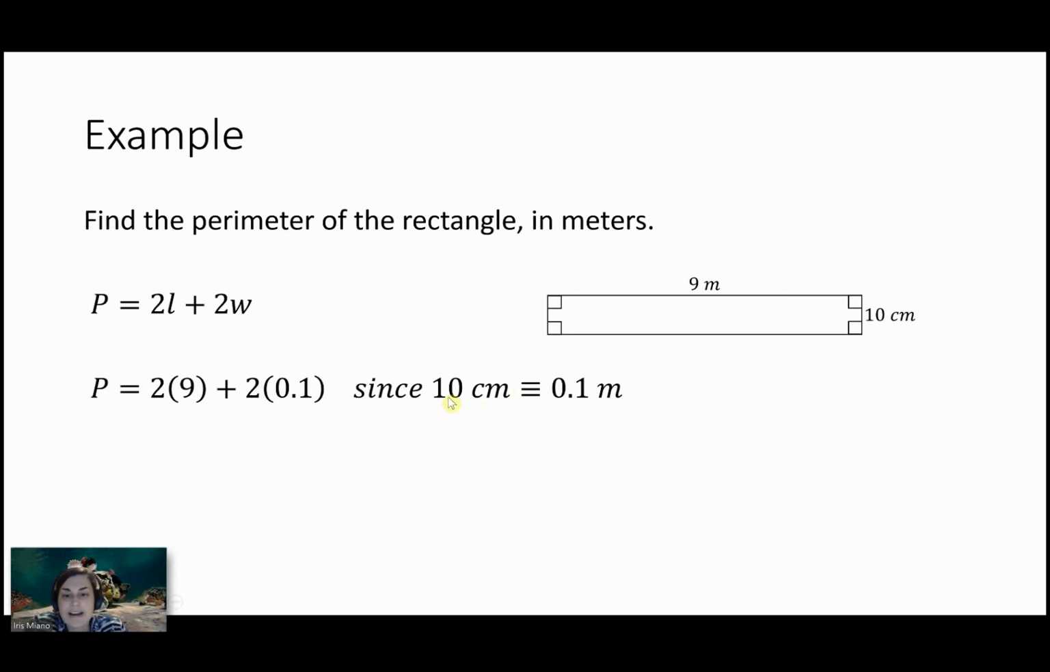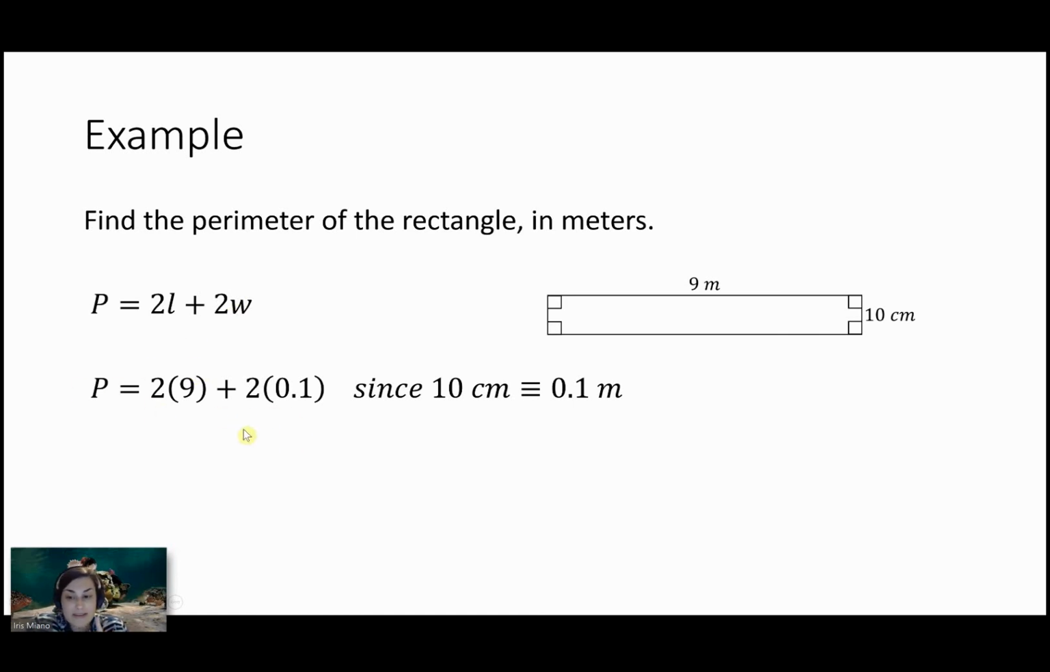So notice that I am referencing here that I took my 10 centimeters, I took the 10 and I divided it by 100, and that allowed me to convert it to meters, because that's the relationship between centimeters and meters. There's 100 centimeters in 1 meter. So dividing by 100 to go from centimeters to meters is the right move, okay? So that's how I'm getting 0.1. Great. So 0.1 goes in for the width,